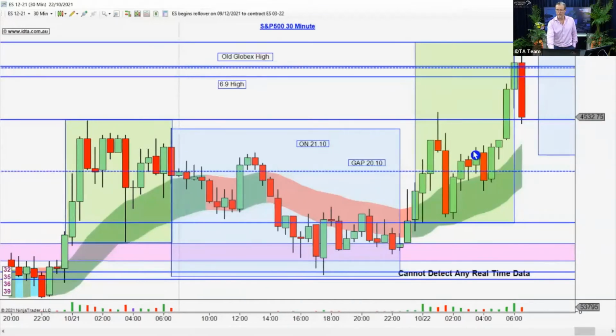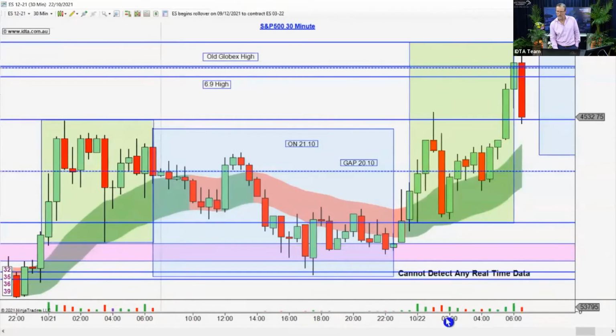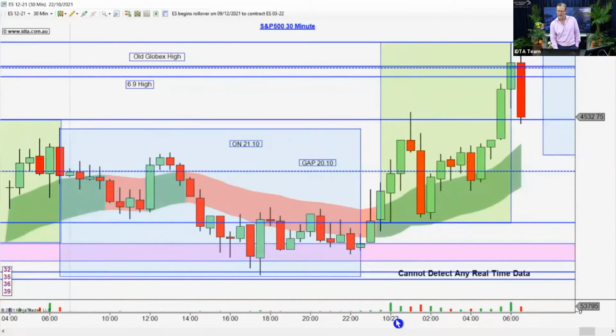So the market closed. Interesting to note though, the 6 o'clock candle closed outside of yesterday's range. So we're seeing a change in the environment. But what happens is interesting to note, and this is a really important thing for the US close traders to make mention of. There's a really important nuance here in the market, and it's called time framing higher. What time framing higher means is that the market on the US close kept time framing higher. There was consolidation around the gap, but what actually happened coming into the close is that the